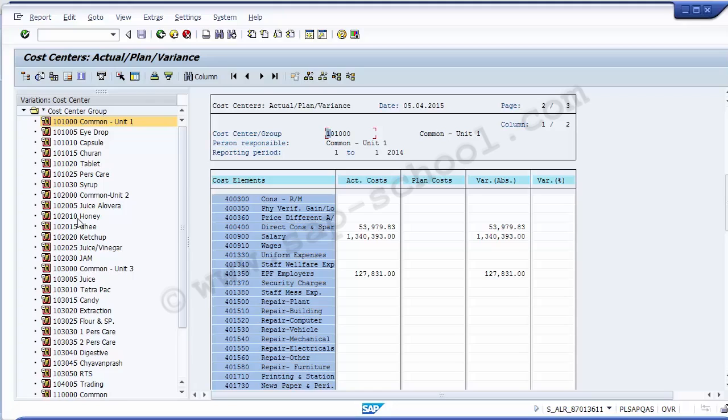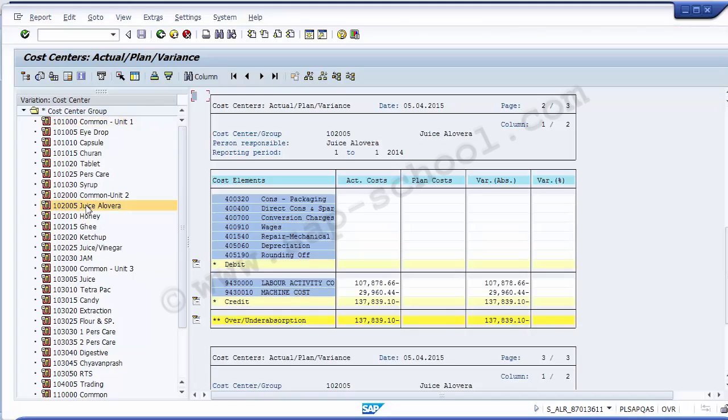So suppose I take the next one as the juice part, and I want to see that. So you can again check that these are the different cost elements which have been taken. There is no primary cost element on the screen, but there are two secondary cost elements. The above ones are the primary cost elements, but the one which starts with 9 is the secondary cost element. So in the secondary cost element, the actual cost has been booked over here on the screen for you,